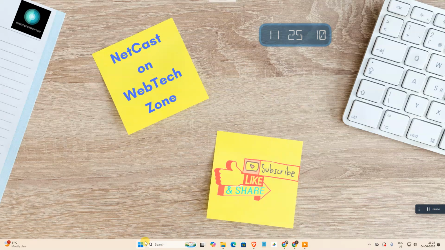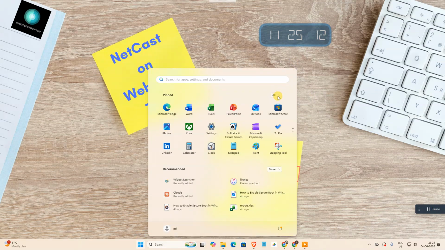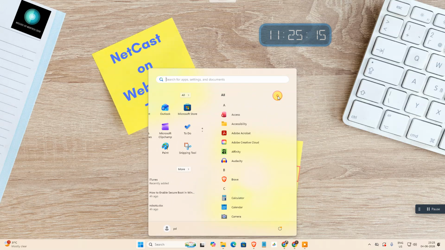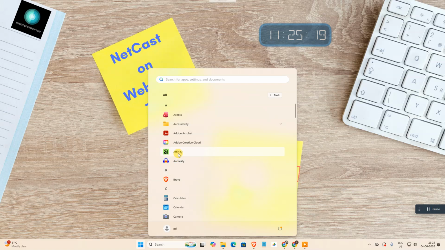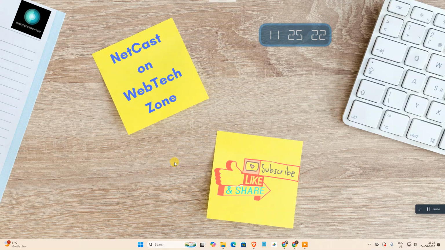is another way. Go to Windows, go to All apps. Here you can see all the apps of your Windows. Now just click and hold it and drag it onto the desktop. So the icon will be created. Actually my Windows icon has been hidden while recording, so it is not showing here, but it will show